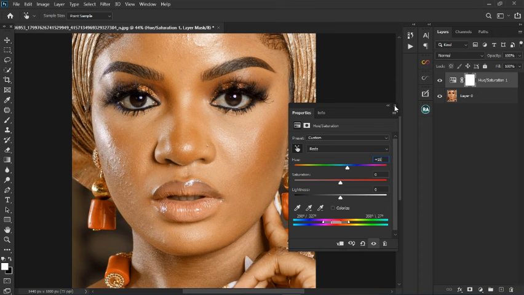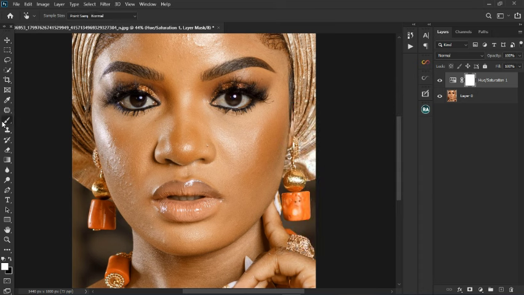And what I'm going to do is close it and then pick the mask, the brush tool, and I'm going to turn it off and on to see where we need to put the effect. So let's just invert the mask and place the effect where we want to see it. So I'm going to make the brush bigger and make sure the